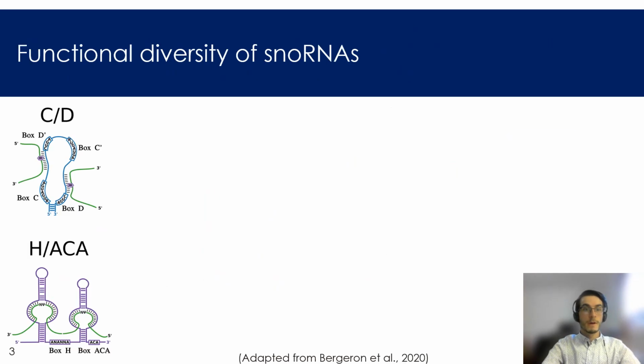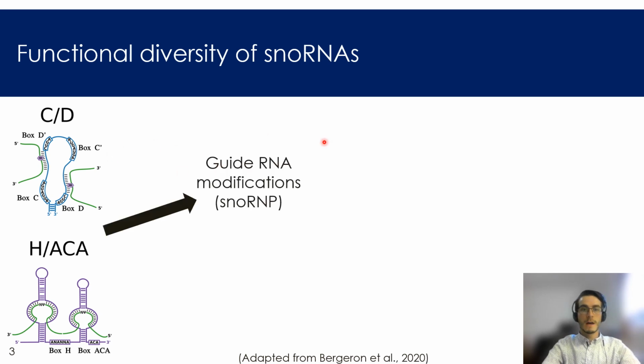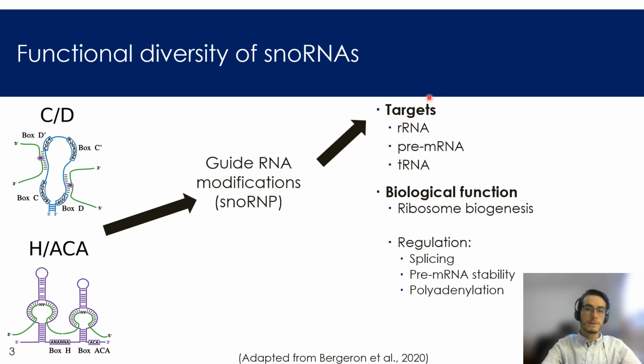There are several functions associated to snoRNAs. Their main function is to guide RNA modifications, such as the 2'-O-methylation for CD-box snoRNAs and the pseudouridylation for HACA-box snoRNAs. This can be done through the complex they form with different core proteins and enzymes called the snoRNP. Their canonical target is ribosomal RNA, but they can also bind different other RNA types, such as pre-mRNAs